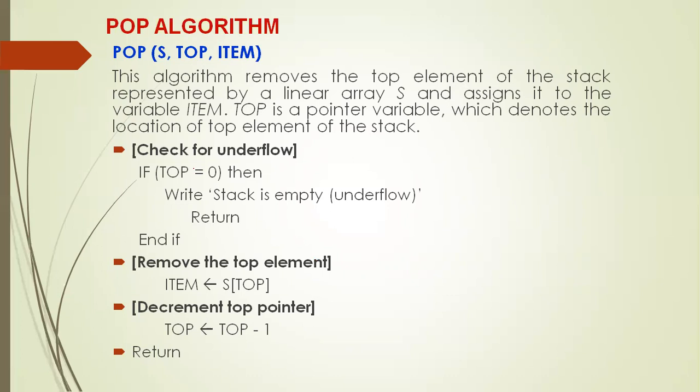So these are the two basic operations associated with the stack, push and pop. At any moment, the variable top denotes the location or the position of the top element. For example, if a stack has the elements 10, 20, 30, where 10 is added first, then 20, then 30, how many elements are there? 3, and the topmost element is 30. What is its position? 3. Suppose you add one more element, 10, 20, 30, 40. Now the position of the topmost element is 4, because 40 is the last element. In that case, top equal to 4.